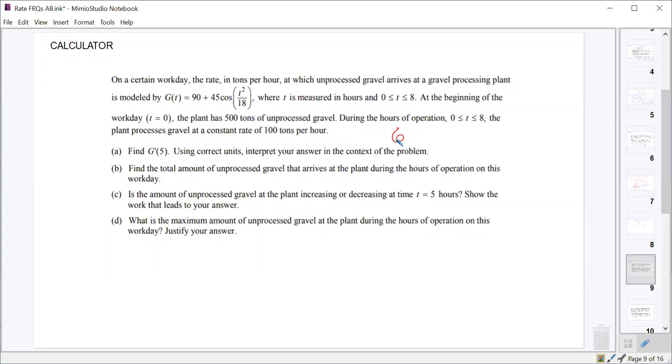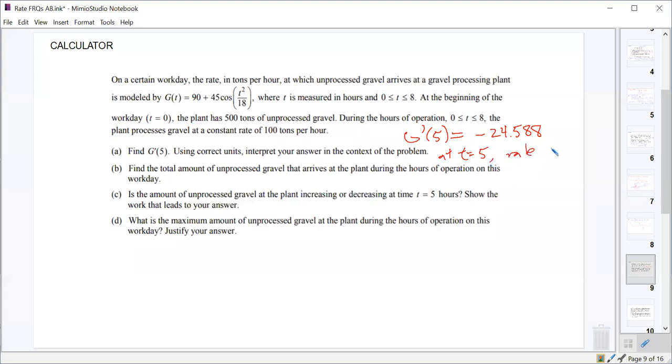So G prime of 5 is equal to negative 24.588. And it says using correct units, interpret our answer in the context of the problem. So the correct units are tons per hour because it's the derivative of tons per hour with respect to time. So tons per hour. And we'll say that it means that at t equals 5,